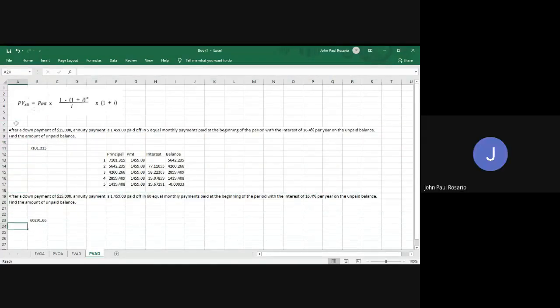So from this one, let's try to manipulate our formula. Now, can somebody tell me the formula for payment? Payment, from the present value of annuity due. Present value divided by